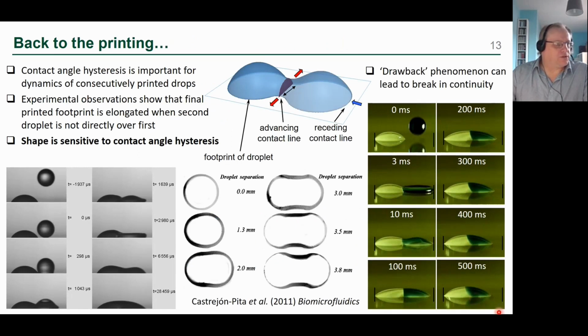That is important for printing, because especially if we're printing a continuous track, what we want to do is print a sequence of droplets and build up a continuous line. Now, if there was no hysteresis, what would happen is that all of the droplets would end up in a big, circular blob. Whereas what happens in practice is that if we print one droplet, like this one here on the left, and then print a subsequent droplet a little distance away from it,